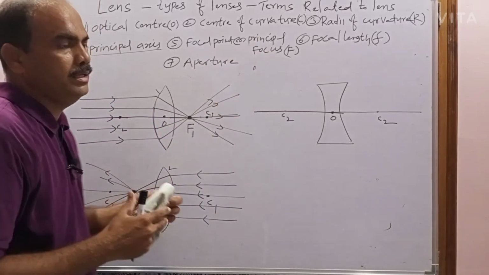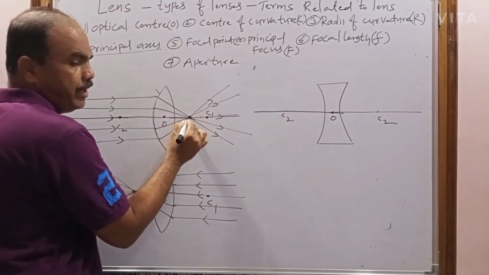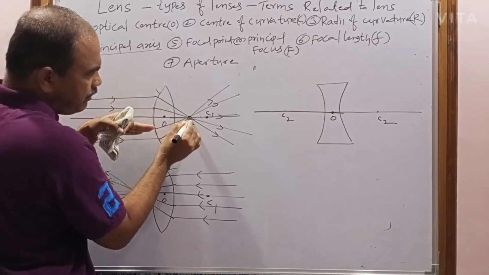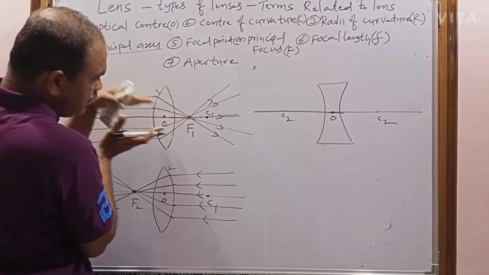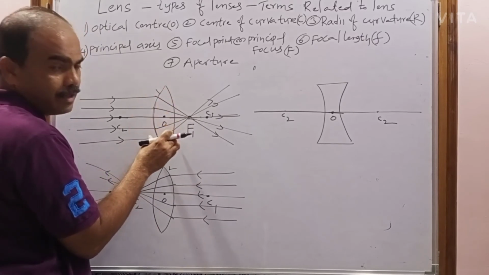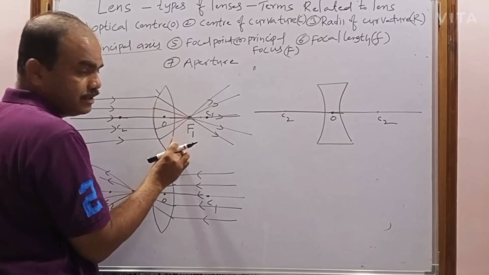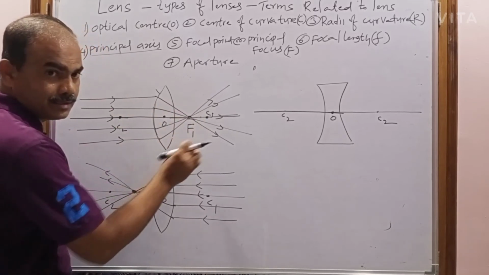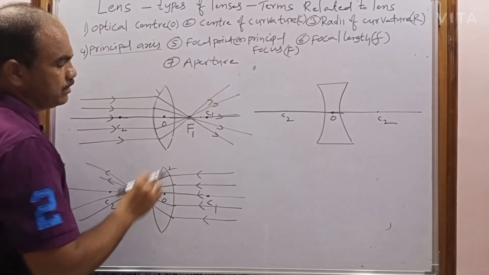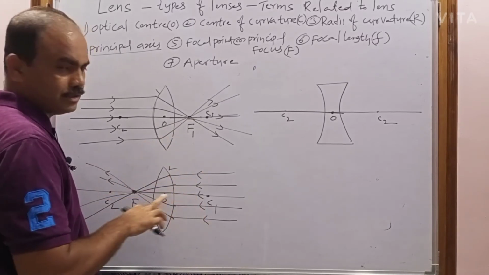So now coming to the concave lens. These really meet, because when a parallel beam of light which is parallel to the principal axis is incident, all refracted rays meet at a point, which means this parallel beam of light is converging. So that's why this double convex lens can be called a converging lens. This convex lens converges the light. That's why these are the real focal points or real principal focus. So the convex lens has real focuses.